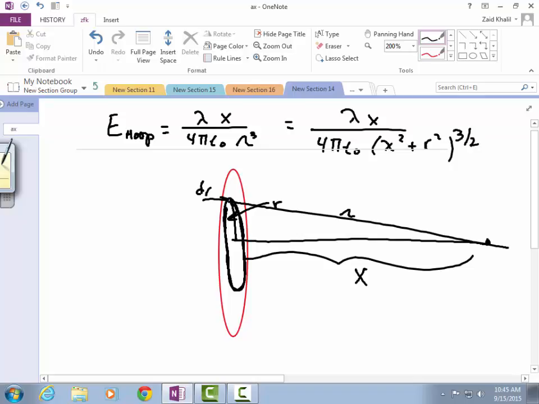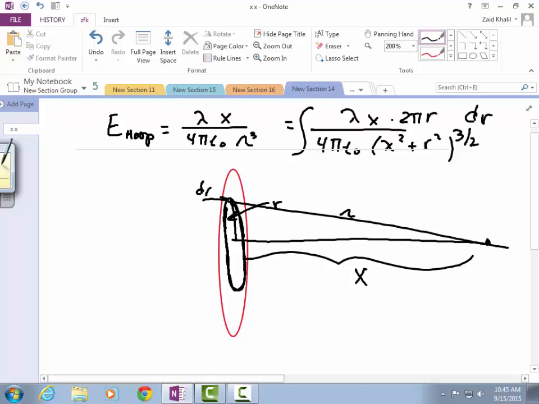I don't know, I'm asking you guys. 2 pi r on top. So it's lambda x times that quantity? Yeah. All right. So beautiful. Because guess what? X is constant. Now what do we have to integrate over? Little r, right? So in other words, E is going to be the integral of this thing